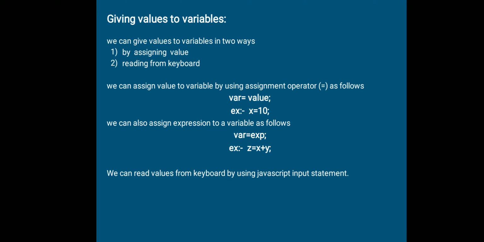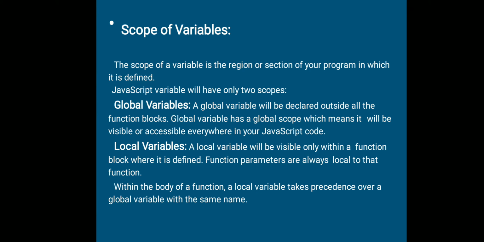When we are declaring a variable, we can specify the scope of the variable. Scope in the sense the lifetime of the variable, that is, where we can access the variable. Here the scope of a variable is of two kinds, either global or local. If the variable is declared within a function or a method, then it is local to that method. If it is declared outside, then it is a global variable and can be used